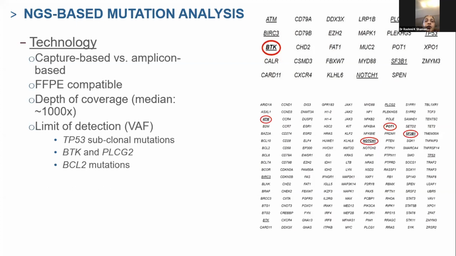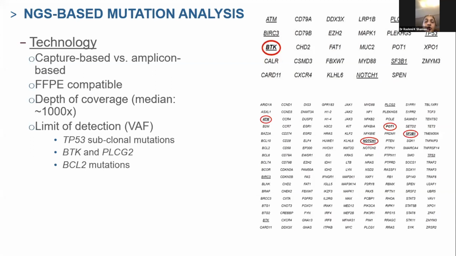And it's important for us to pick up certain resistant mutations early so that the therapy can be modified appropriately. Specifically for CLL, sometimes because of Richter's transformation and involvement as SLL, we need to have the panel that is compatible with formalin-fixed paraffin-embedded tissue and not just the bone marrow or peripheral blood. For CLL per se, the depth of coverage should be at least 1000x, just so we have the lower limit of detection of at least 2%.